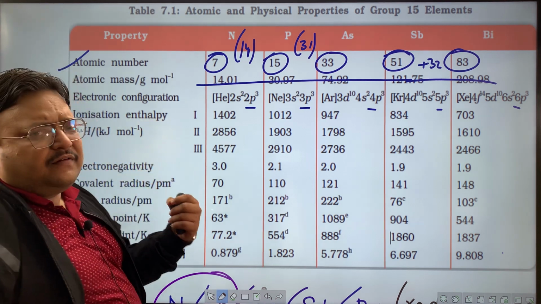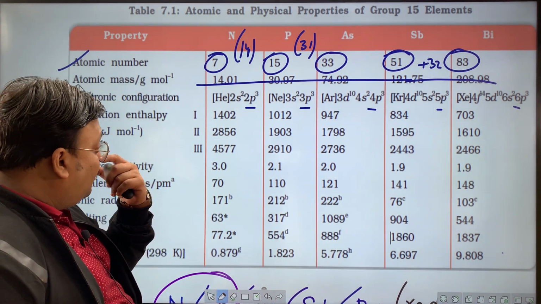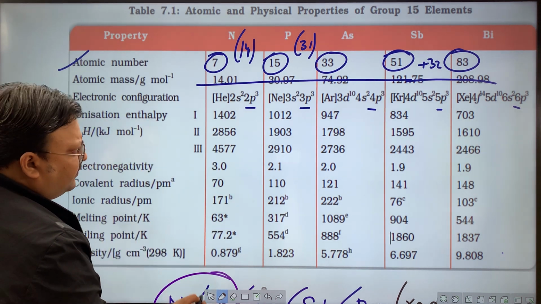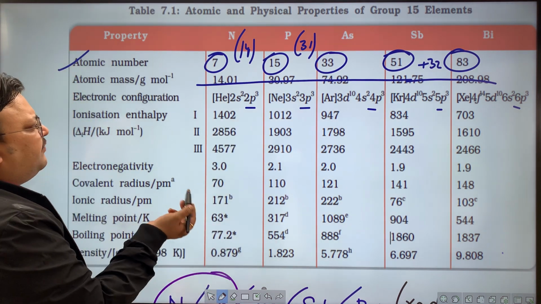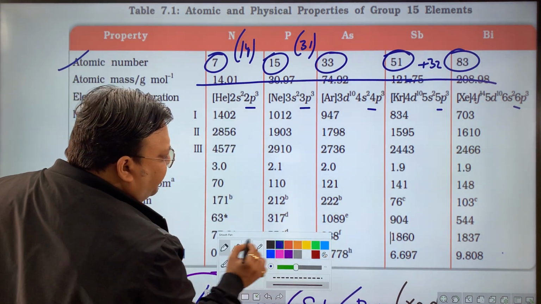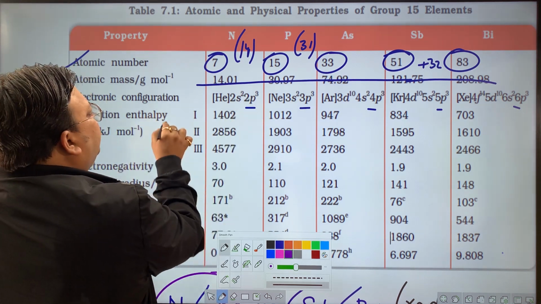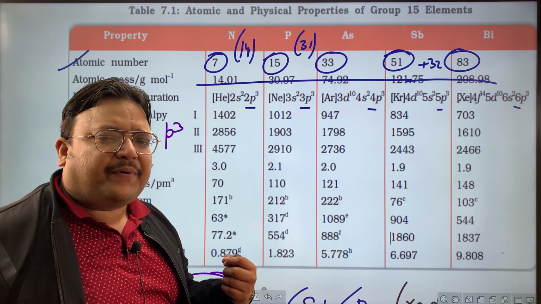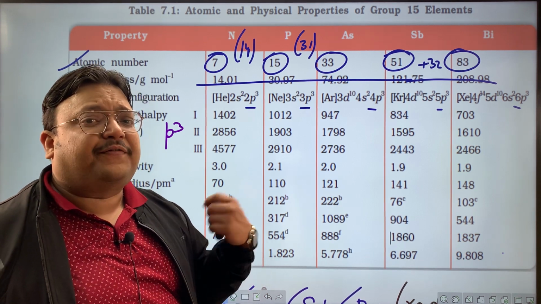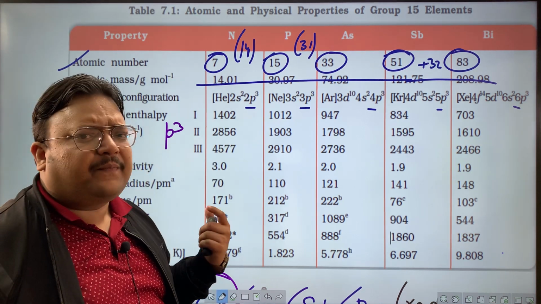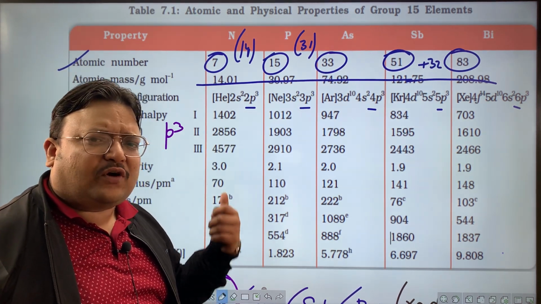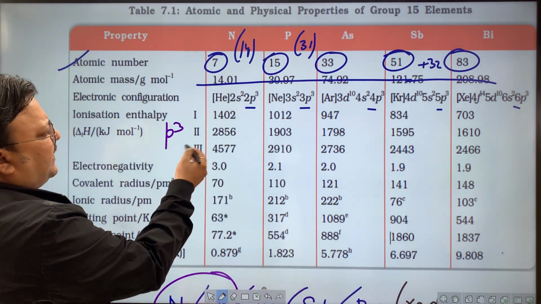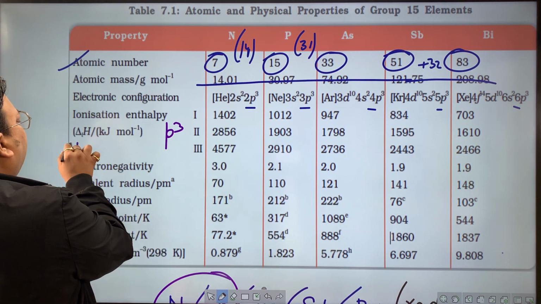Now, these are the ionization energy values. What needs to be understood is, because the configuration is p3, these values will be relatively high. p3 will represent half-filled configuration. So remember, nitrogen family, or nitrogen in particular, will have higher ionization energy than even the oxygen family. Definitely more than the carbon family, but it will be more than the oxygen family as well, because p3 is a half-filled stable configuration. These are three values given. You don't need to mug them up. Naturally, these values are not supposed to be mugged up.